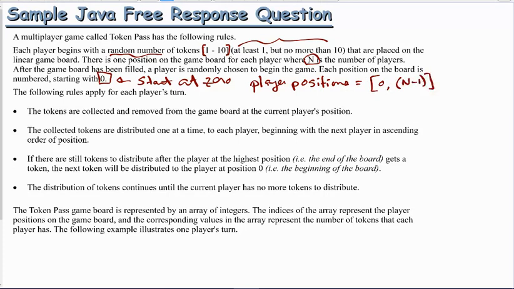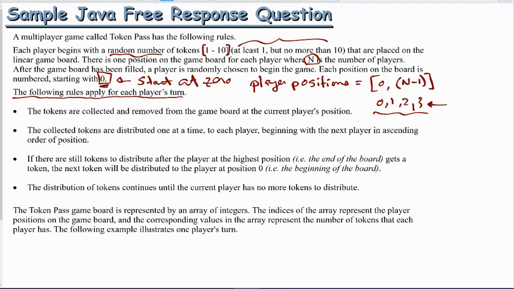That means if we had 4 players it would be 0, 1, 2, 3. We see that there's 4 positions there. So because they're starting at 0, we understand that the highest player index will be 1 less than the number of players. All right. So then we go on to the next section, which says the following rules apply for